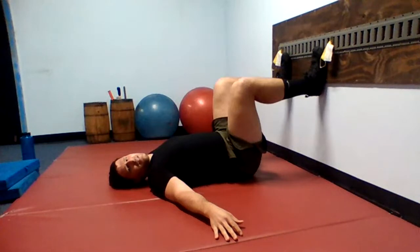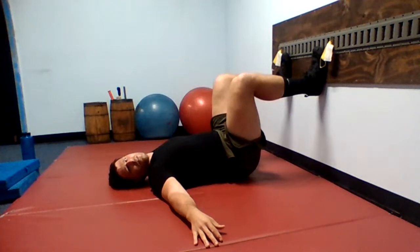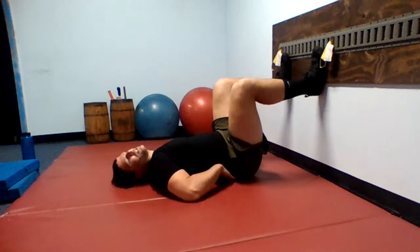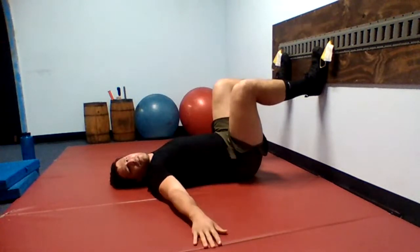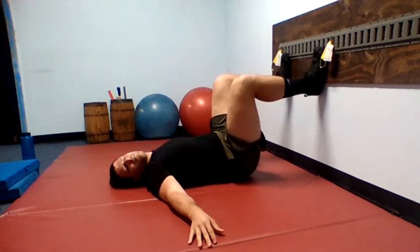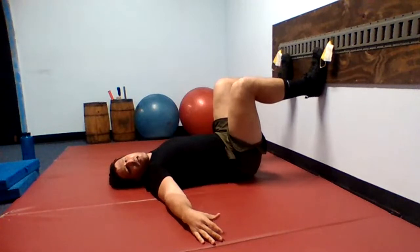Now let's talk about our pelvis. I can go into anterior pelvic tilt with my low back off the ground, or I can go into posterior pelvic tilt with my low back pressed into the ground. It might be difficult for you guys to see in the video, but this is anterior pelvic tilt. There is a space underneath my low back for me to put my hand, all right? And this is posterior pelvic tilt, no space, all right? For our purposes, I want to try to encourage a slight anterior pelvic tilt,